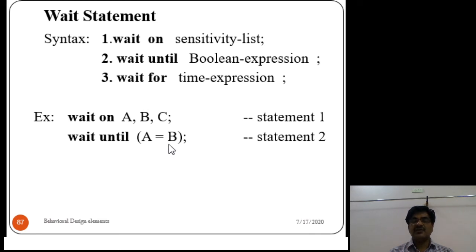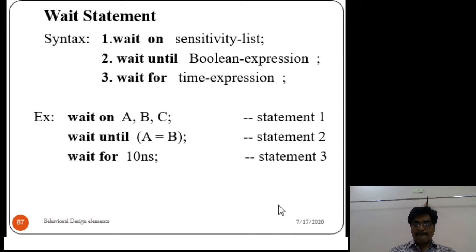If it is satisfied, it goes and executes the next statement. Otherwise, it is simply in stop mode. Then another one is wait for time expression, that is wait for 10 nanoseconds. The processor waits for a 10 nanosecond delay. The rest of the statements you can see in the next class.